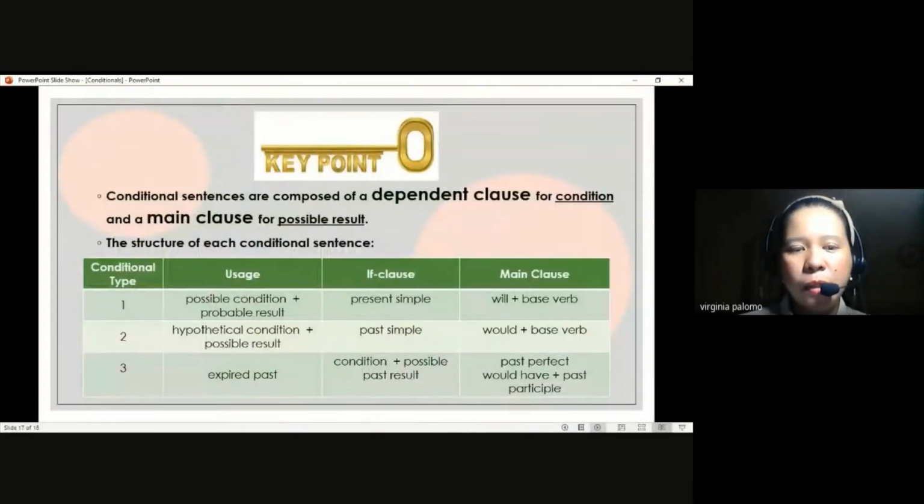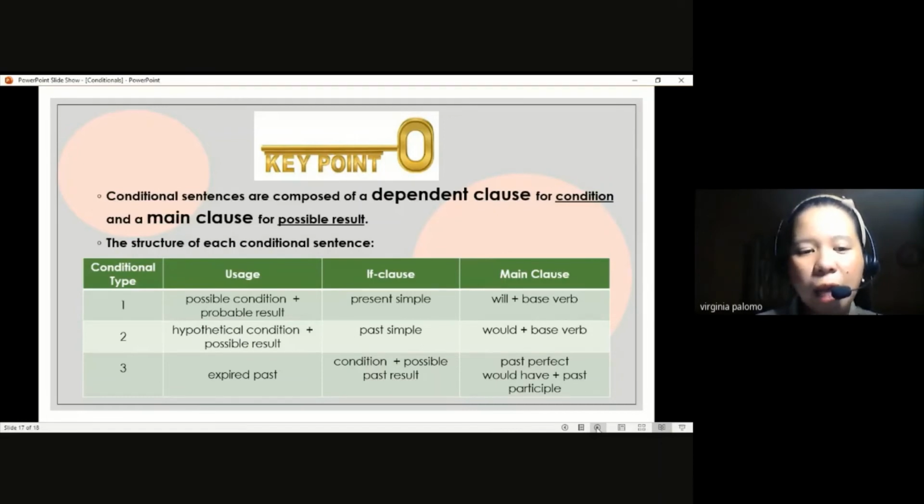keep in mind these reminders, or the key points. Conditional sentences are composed of a dependent clause for condition and main clause for possible result. So the structure of each conditional sentence: for type 1, we have possible condition plus probable result. For the if clause, you have present simple, and for the main clause, you have will plus base verb. For type 2, hypothetical condition plus possible result, past simple for the if clause, and would plus base verb for